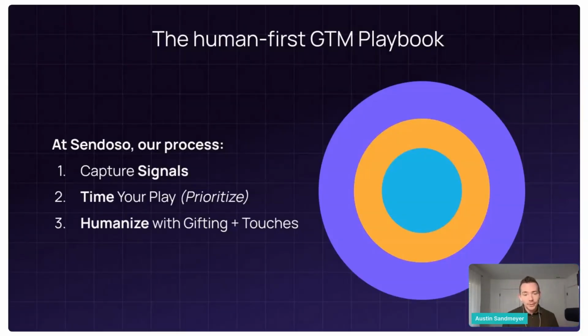As we talk about customers, there are a lot of interesting things: there's expansion, there's renewals, there's mid reviews, there's maybe challenges with your product. There's maybe help ticket articles they're reading, or help ticket tasks they have, or some issue. So there's a lot that comes into play when it comes to timing your play. Everything doesn't need to be perfect, but you can definitely use a lot of information to get your timing correct. And then obviously humanization, humanizing with gifting and touching and all the different humanized touches that we can talk about. Those are the things we think about when we talk about our human-first GTM playbook